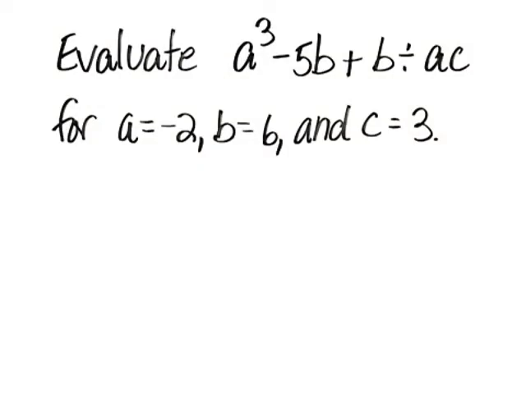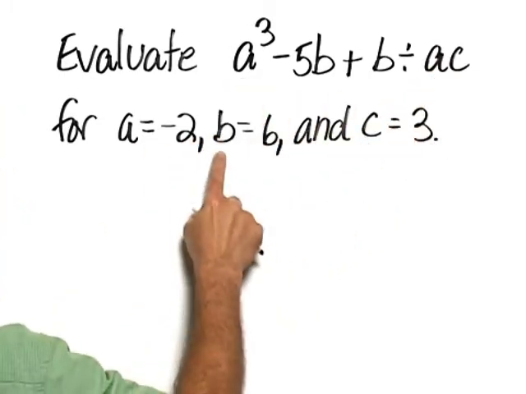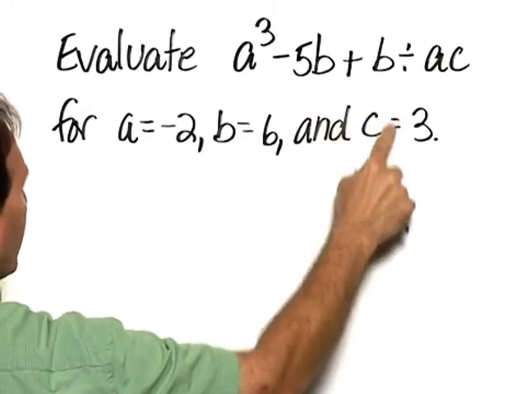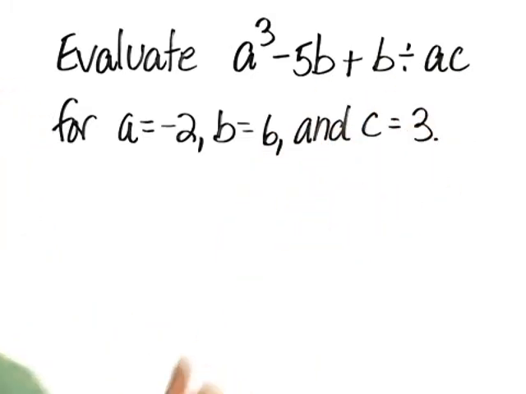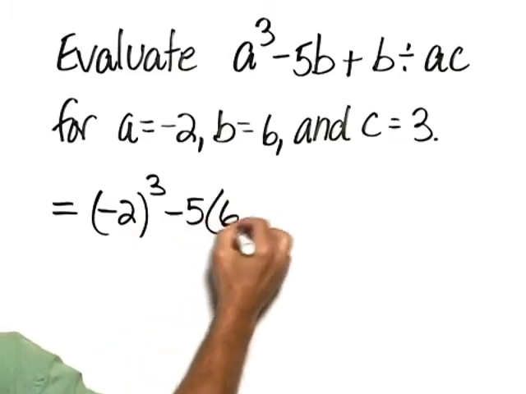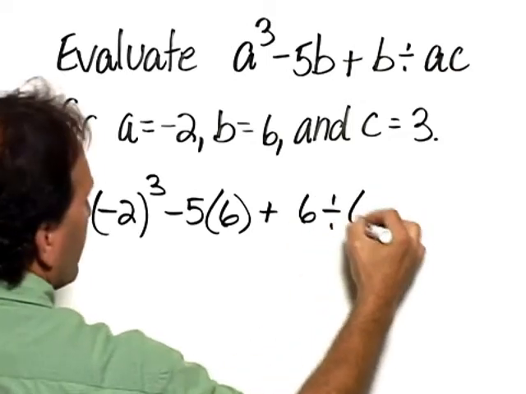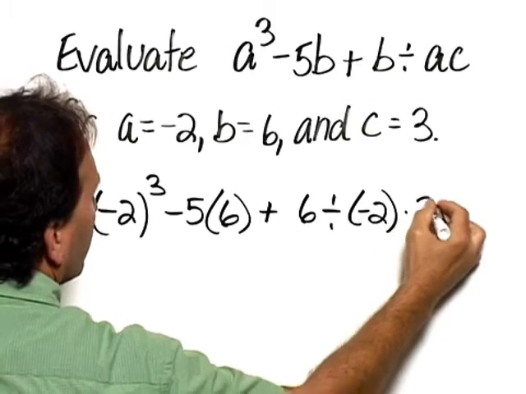Evaluate a cubed minus 5b plus b divided by ac for a equals -2, b equals 6, and c equals 3. So wherever we see an a, we're going to substitute -2. Wherever we see a b, we're going to substitute 6, and wherever we see a c, we'll substitute 3. So this expression would be equal to -2 cubed minus 5 times 6 plus 6 divided by -2 multiplied times